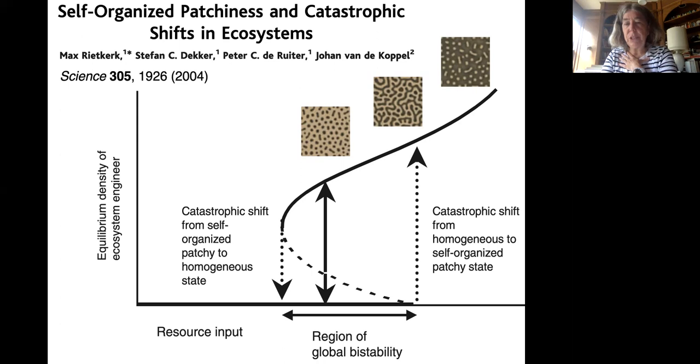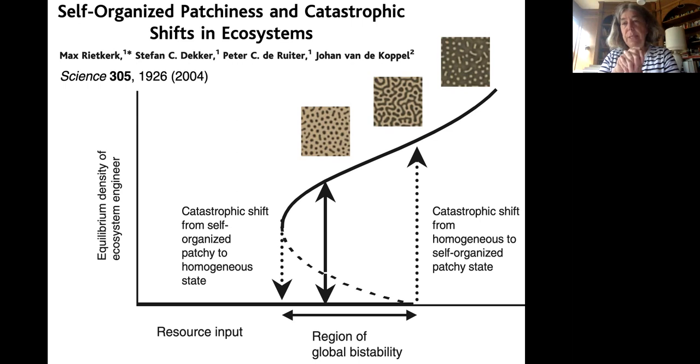And so I want to just mention some of the papers that I was intrigued by that got me drawn into this topic. I don't know if it was 10 years ago that I started working on it, but probably maybe not quite 10 years ago. One of them came from this particular paper. This was a paper in Science. It was kind of an opinion piece from this group of ecologists in the Netherlands,